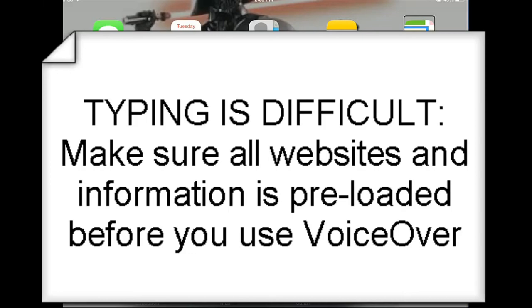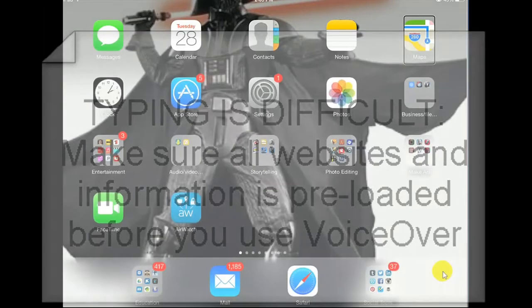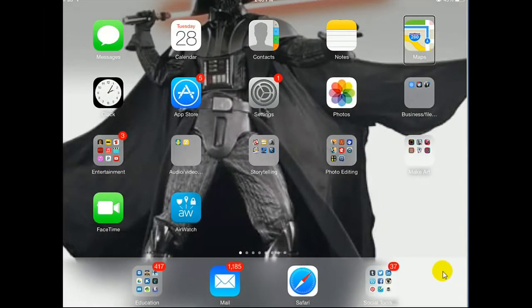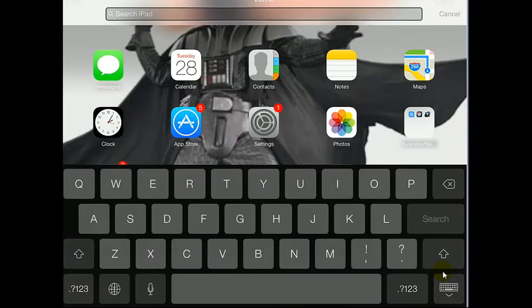So now that I have this option activated, I have to swipe down with 3 fingers. Search field is editing. Search iPad. And if I had to type it Modo. E. E. D. D. Luckily,